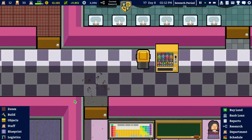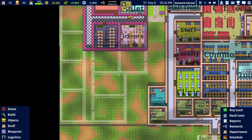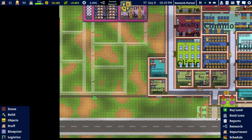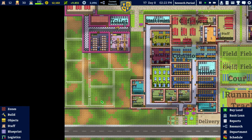It's more pink than purple, but that's fine. A hot pink wall building is fantastic. I wish I had one when I was at school. But I've kind of limited the building to this fence here. This fence does not have to be just there, but I've blueprinted everything down to here. But it would be a bit annoying if you were in this classroom here, so this one right at the bottom,